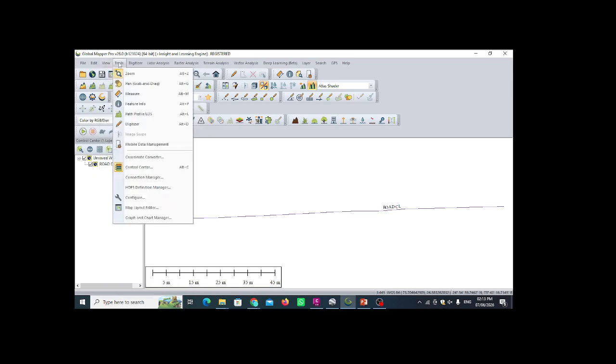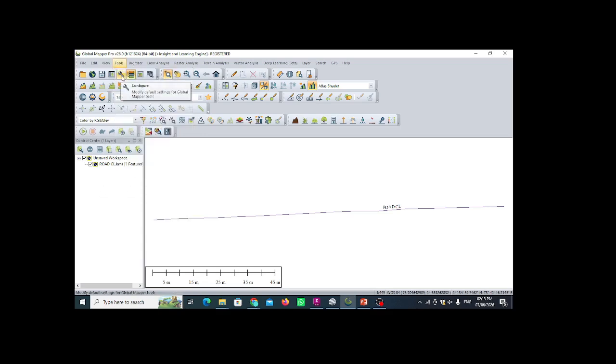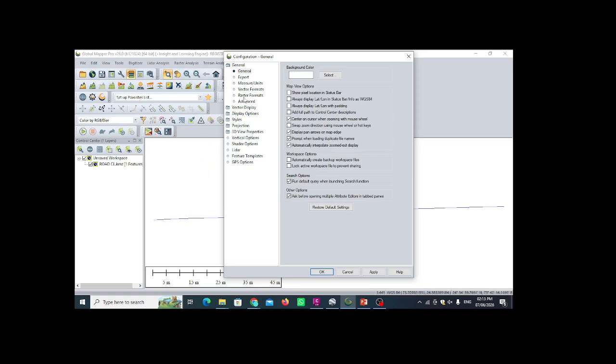Maybe this option is there in the tools view. In tools, you can configure from here as well. But for easiness, what we do is directly click on configure. Once you come into the configure pop-up, then you have to